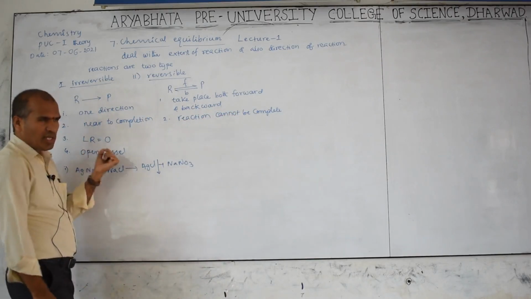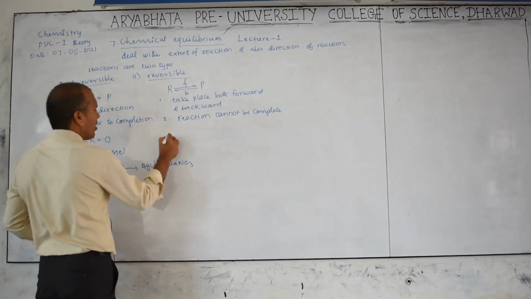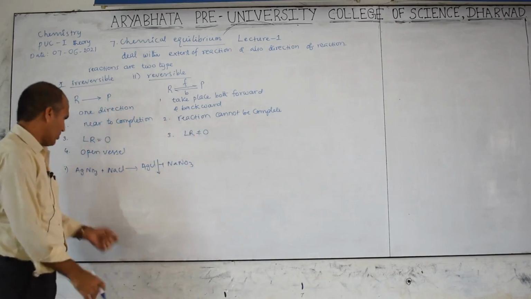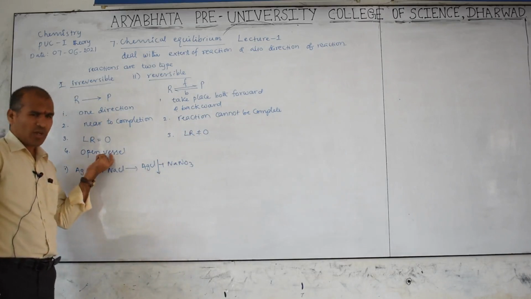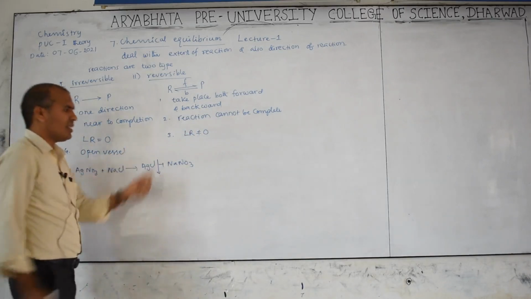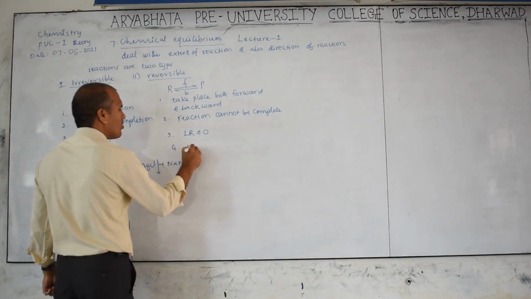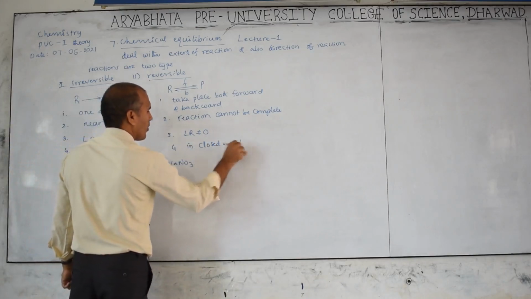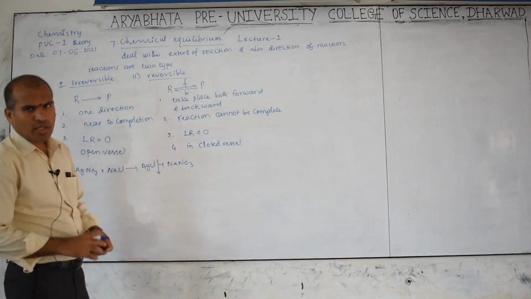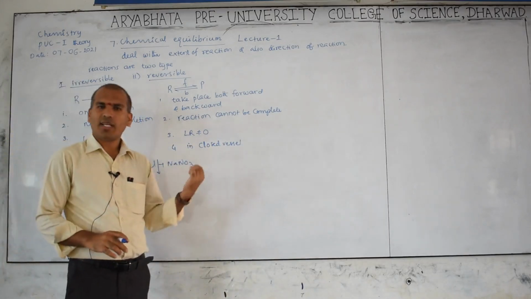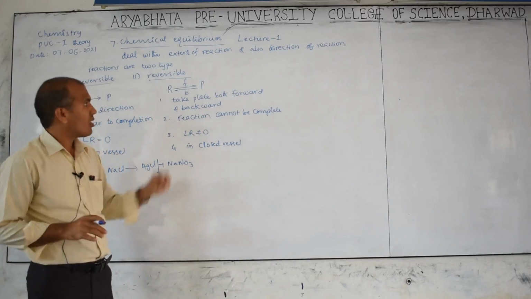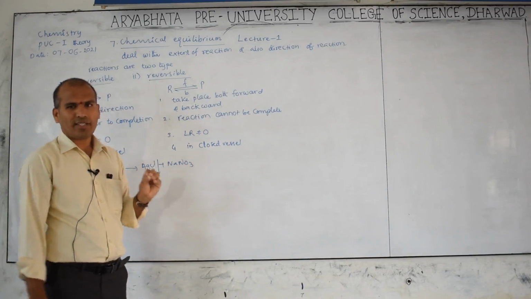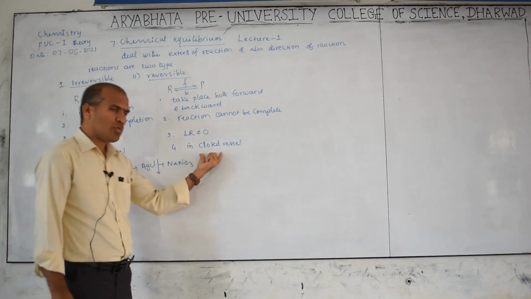Here the limiting reagent term is involved, but the limiting reagent cannot be equal to 0. The irreversible reaction is carried out in an open vessel, but this is carried out in a closed vessel. Then you may ask, sir, can the reversible reaction take place in an open vessel or not? It may take place, but in general, in maximum conditions it is in a closed vessel.